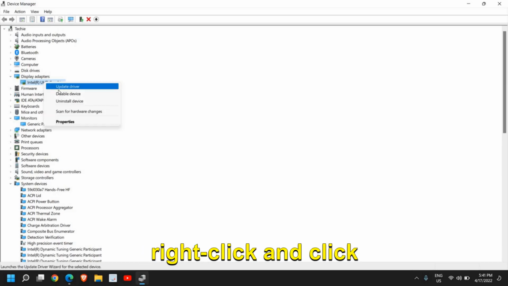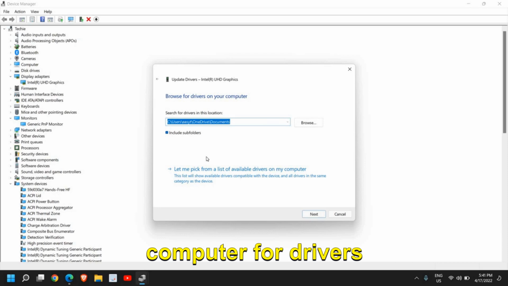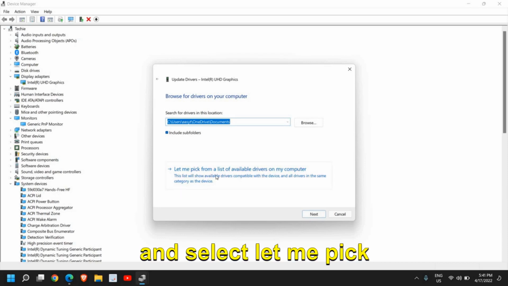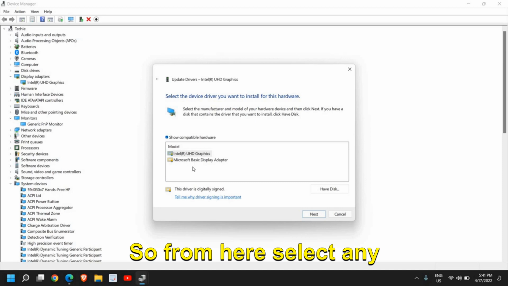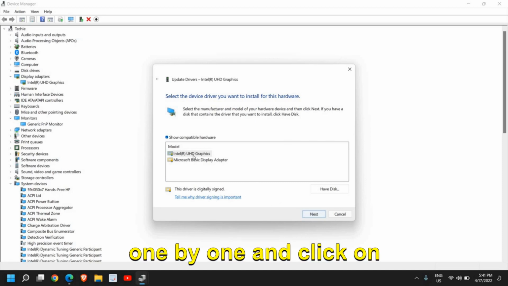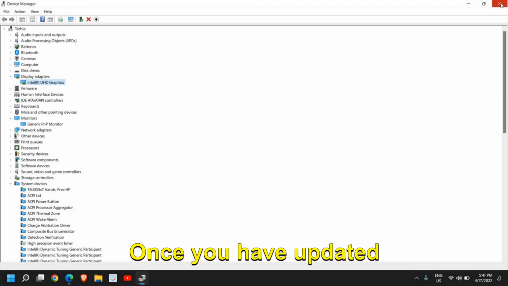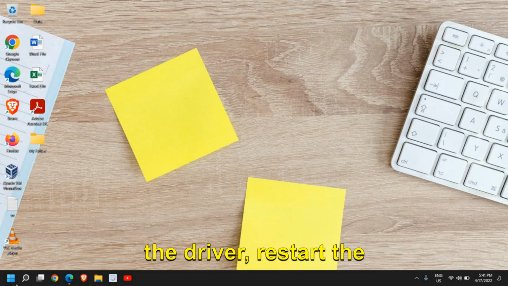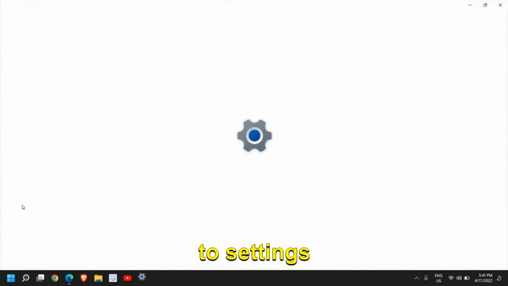If it doesn't, do a right click and click on update driver and select browse my computer for drivers and select let me pick from a list of available drivers. From here, select any other version of the driver one by one and click on next and see if that works for you. Once you have updated the driver, restart the computer and do a right click, go to settings,